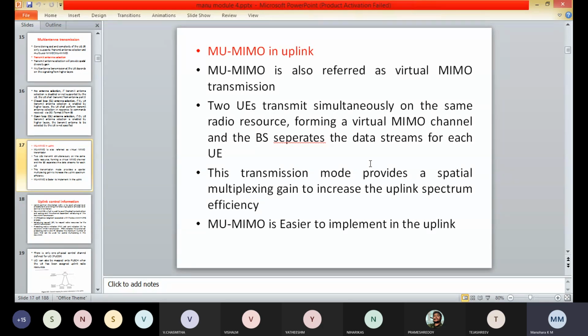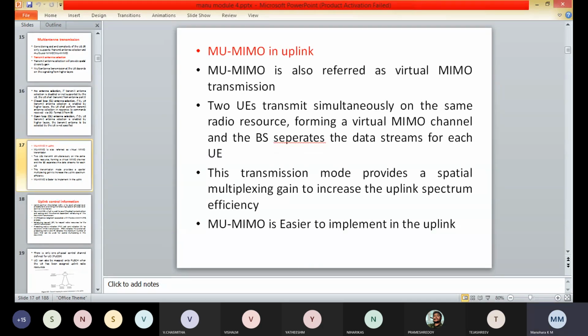For the E node B to differentiate and demodulate the signals from the two user equipments, orthogonal reference signals are assigned to each of them. So MU-MIMO is easier to implement in the uplink. So this is about MU-MIMO.